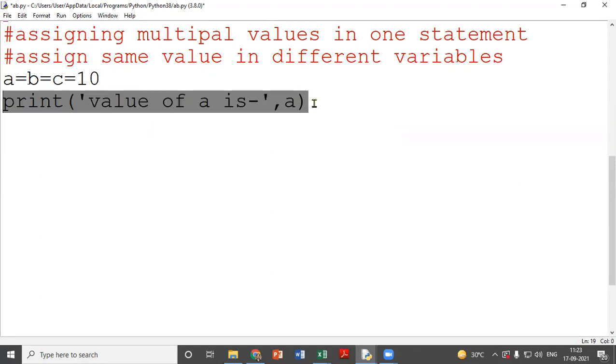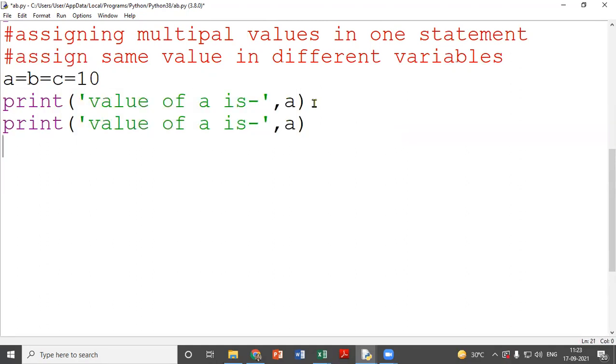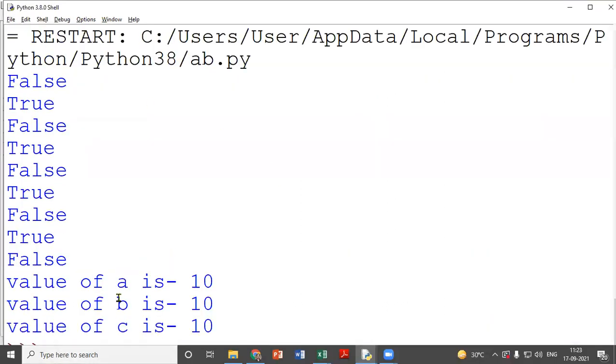And here I'm going to copy and only change the value of B and value of C. So if I want to assign the same value to different variables, I place the equal sign. Now see the output. It is showing A, B, C, it's 10.